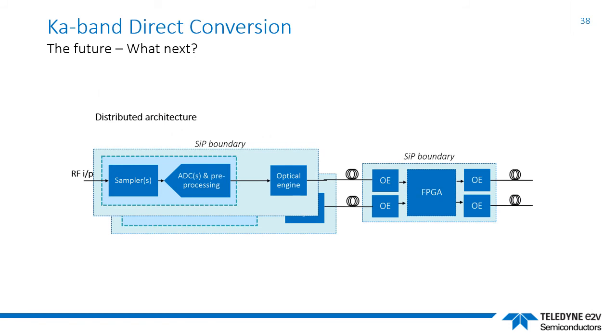Looking further out, the introduction of optical photonics offers an even more exciting future prospect. Over the last few years, the Optical Internetworking Forum has produced a series of proposals for optical serial data links running between 6 and 56 gigabits per second. SIPs provide an ideal path to introduce such high-performance signaling in package. As this graphic suggests, this approach opens up the prospect of fully distributed SDM architectures.